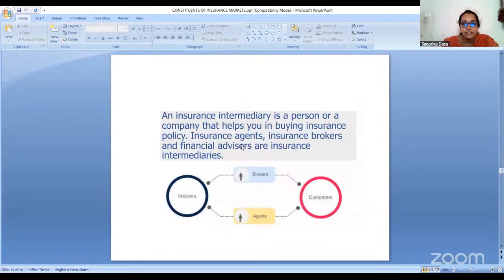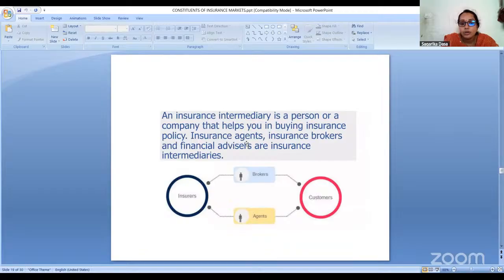Now these are the operations of insurance companies. The next concept we have is operations of intermediaries. Now we have seen what the insurance companies will do. Now let us understand what the intermediaries will do. Now who are these intermediaries? An intermediary is a person, or it could be a company also, that is a group of persons, who will help in